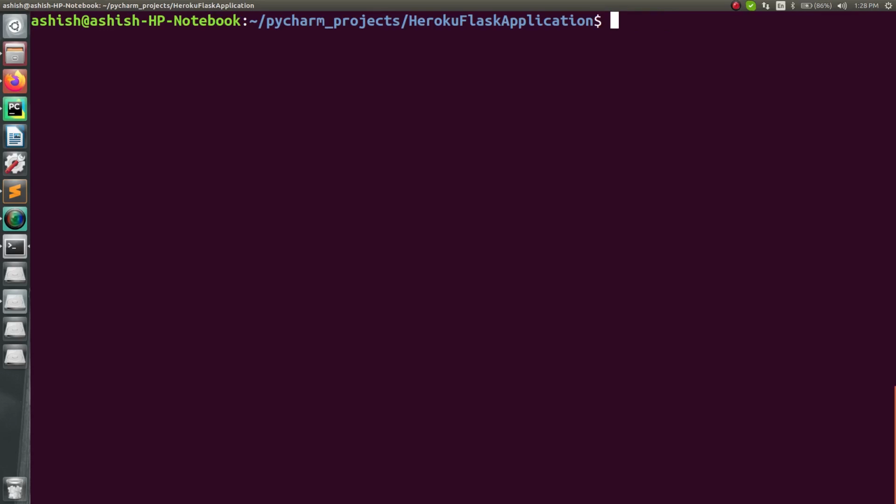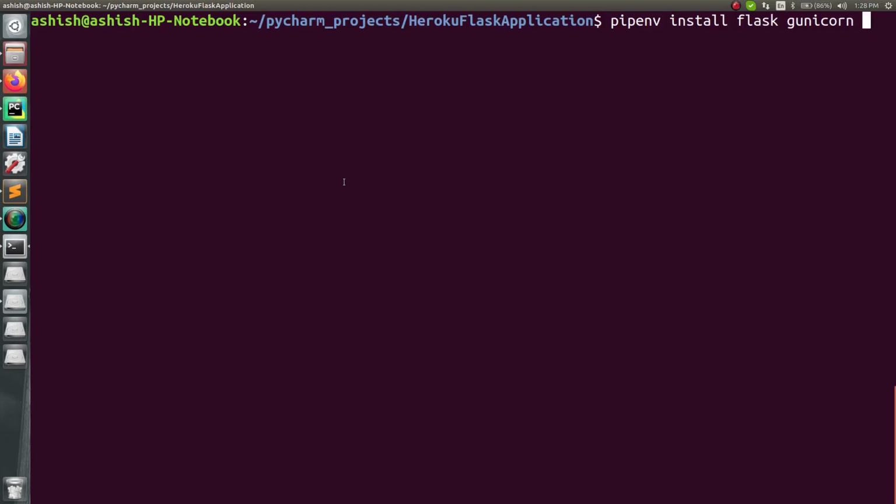and before that there is one more thing left, and that is that you have to set up an environment with respect to pipenv. So let's set up the environment for this Heroku app, right? For that you need to enter this command: pipenv install flask gunicorn. That means you have to install Flask and Gunicorn, which are required for this project, right?